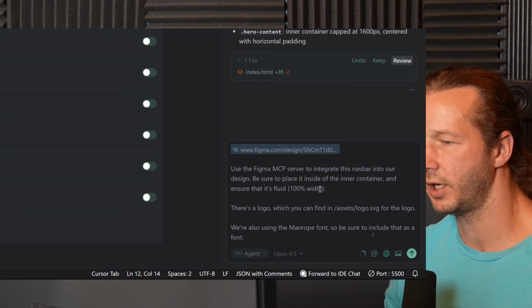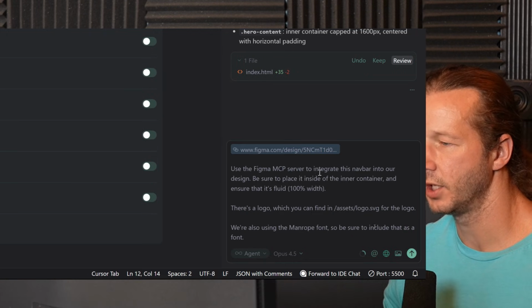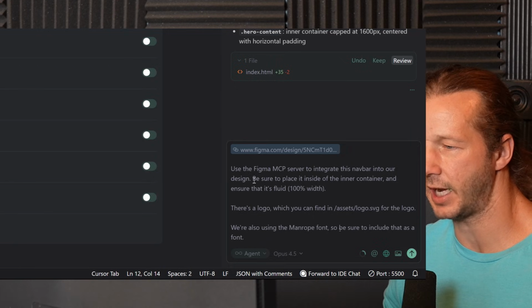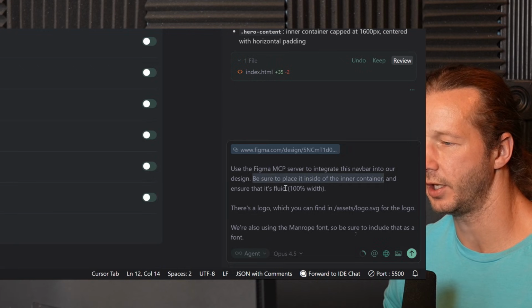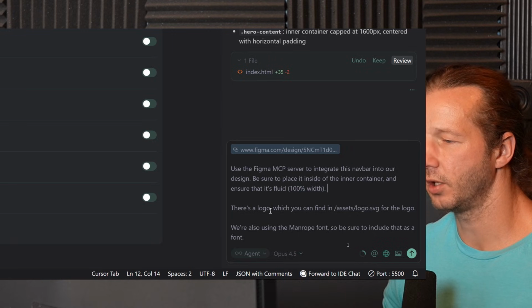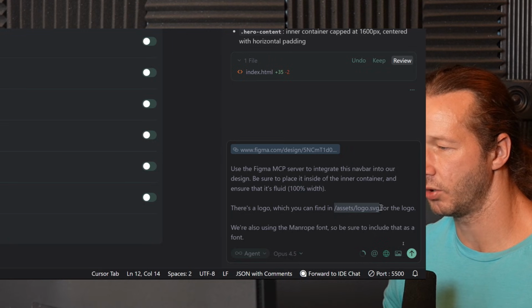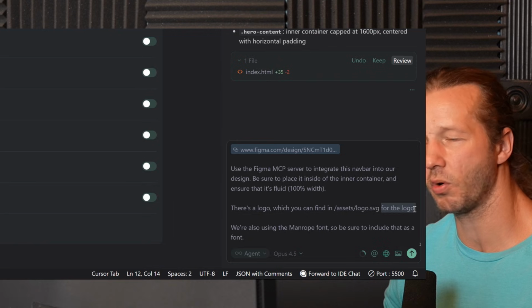Okay, so here's how I said. Use the Figma MCP server to integrate this nav bar into our design. Be sure to place it inside of the inner container and ensure that it's fluid, 100% width. There's a logo, which you can find in assets, logo.svg for the logo. This is important to specify because it may not look for that, and a lot of times it'll make up